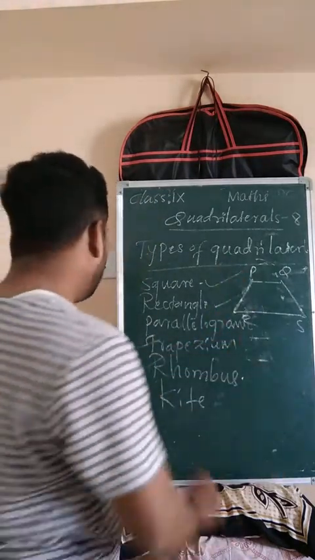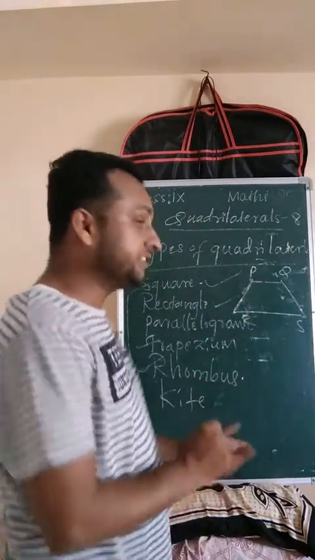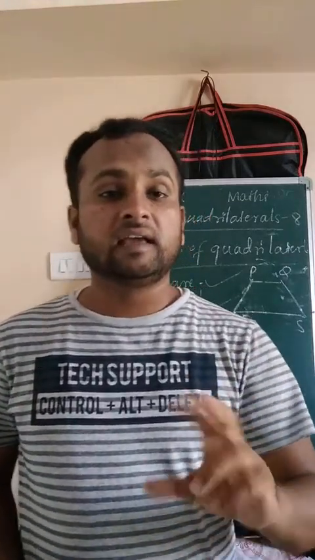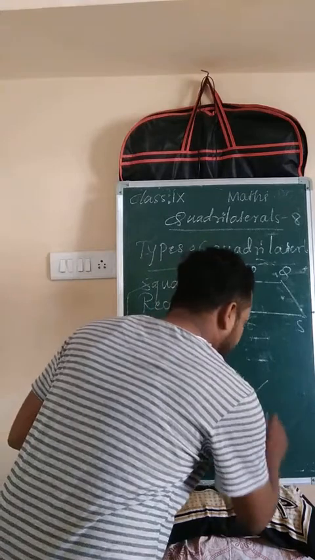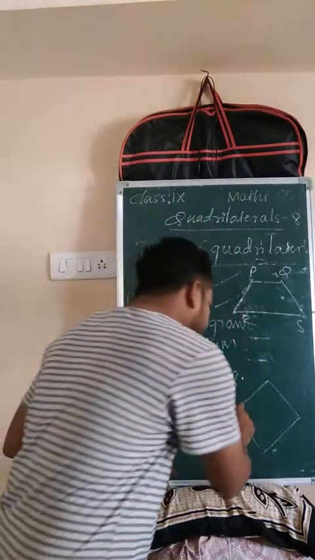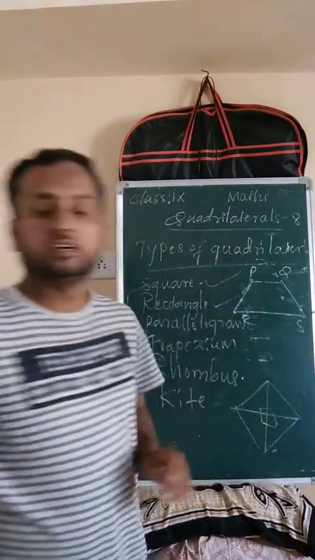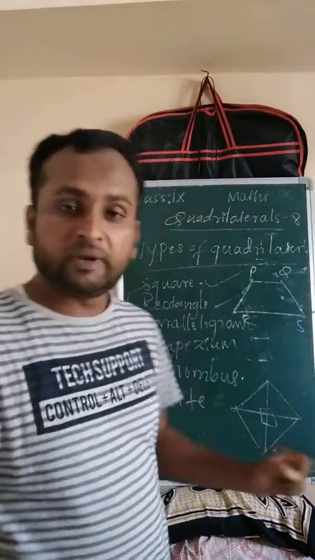See that, a rhombus is also like a square. Now see what the properties are. First is the definition of the rhombus. A rhombus is a quadrilateral having all sides equal. Here the diagonals bisect each other at perpendicular. In the rhombus, the diagonals bisect each other at the perpendicular.